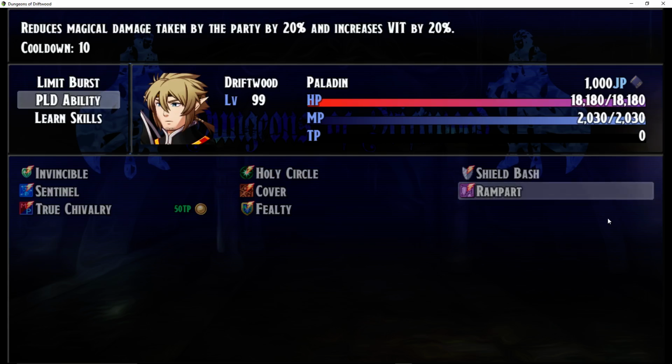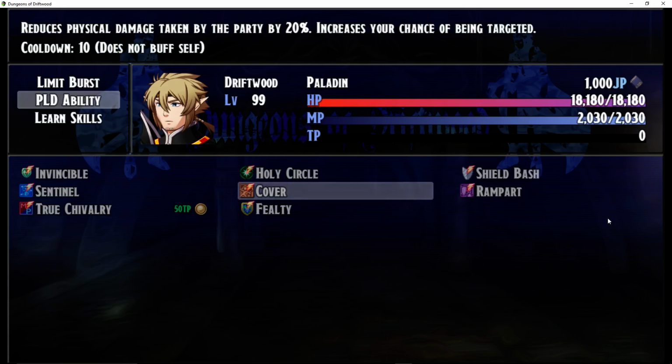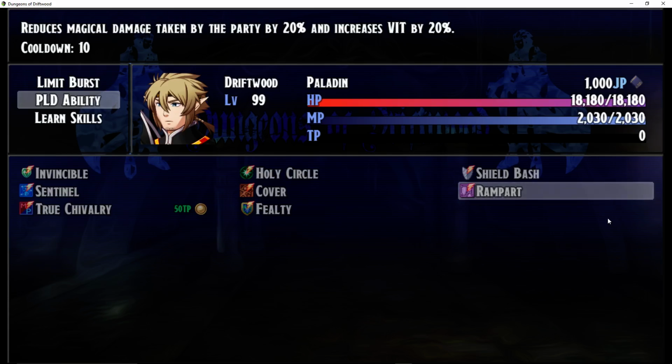Rampart's going to reduce magical damage taken. It's the same thing as Cover, but Cover will not put the buff on itself. So Yanfly's targeting core for that. So basically, it reduces damage taken by the rest of the party by 20% and increases the chance that the Paladin gets hit, but not guaranteed. So like if someone's taking damage, your party members are beat up, and your Paladin's good to go, you definitely want to use Cover. Rampart, very similar, but it's not for...